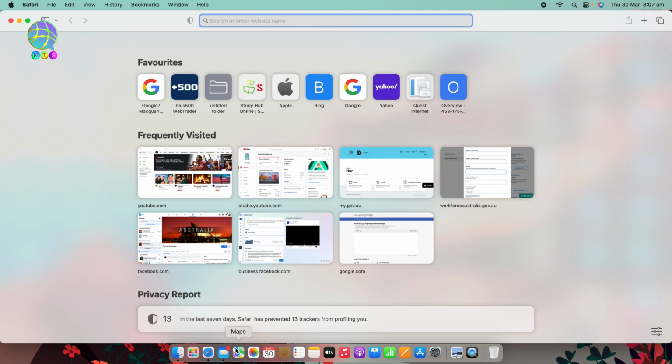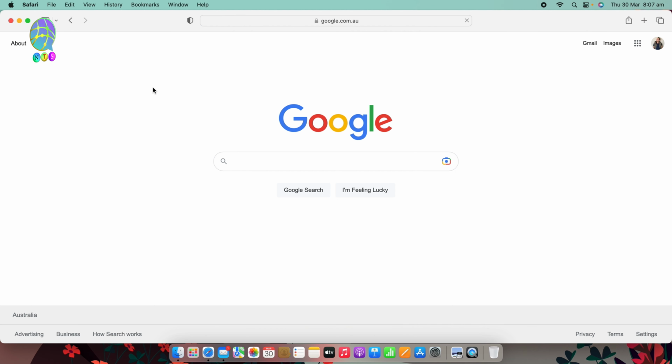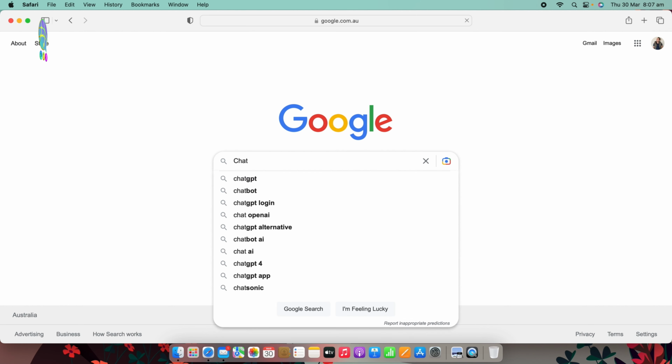Today I'm going to show you ChatGPT. For that I am going to a browser. You can use any browser, it doesn't matter. I am going to use Google, so then I'm going to search ChatGPT. Then I will click search,